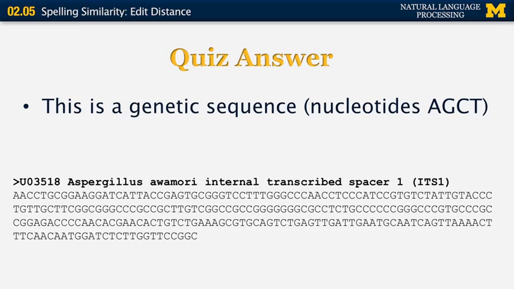Well, the answer is that this is a genetic sequence. It's not human language in the same sense as English or Arabic. It is still a human or a natural sequence. It can appear also in animals, obviously. The nucleotides that are encoded in the genetic sequence can only be one of 4 letters, A, G, C, or T,